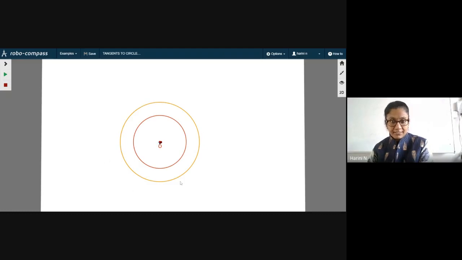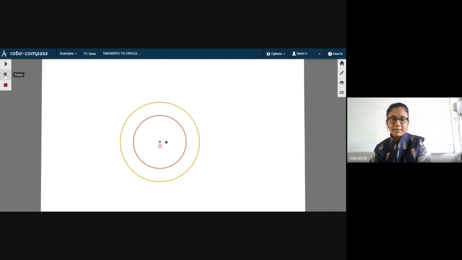I have given it in a different color so that those two are concentric circles now. Red is my original circle. Yellow is the circle which is concentric to my original red circle. Now what I have to do next, I have to locate a point on the concentric circle. So on the yellow circle, anywhere I can mark the point P. That will be my external point from where I will draw tangents to my original circle, which is red in color. So let me go and mark a point on the yellow circle, anywhere on the yellow circle.